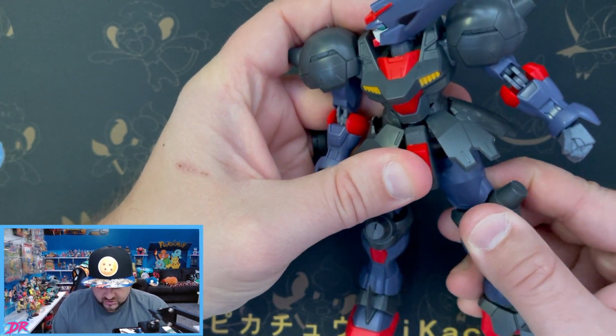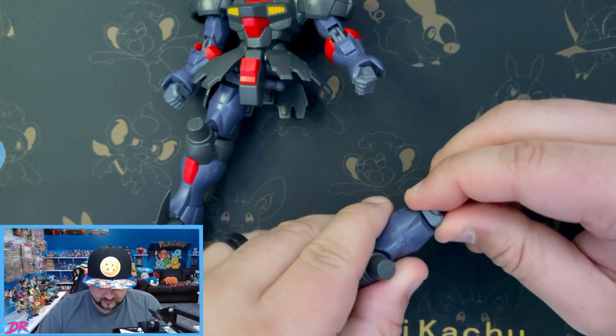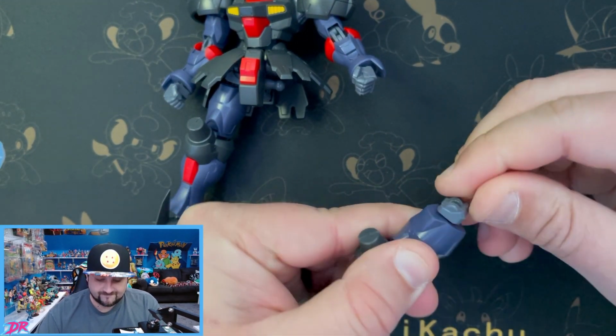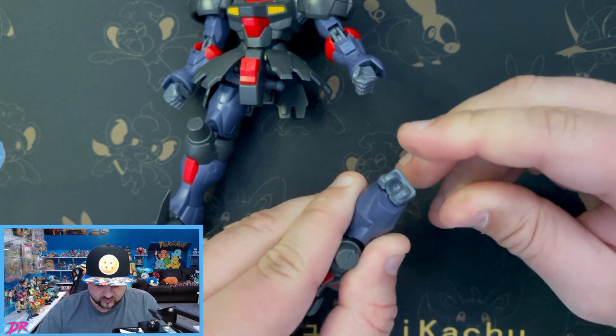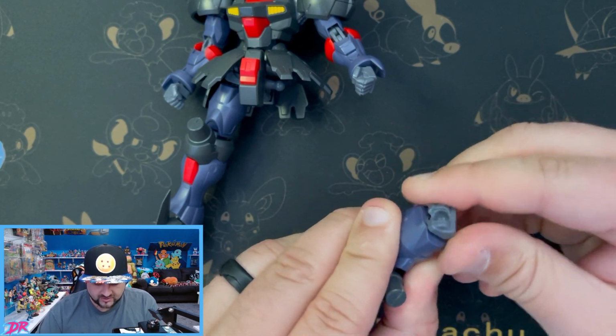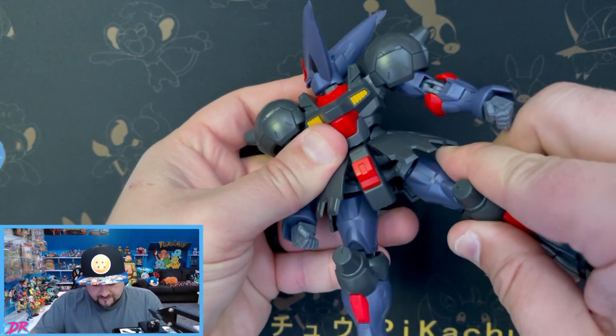I can try to show you. See how I just popped it off just trying to turn it? See? Like, trying to turn this is really difficult. Even off of the figure, it's really difficult to turn it. But you just